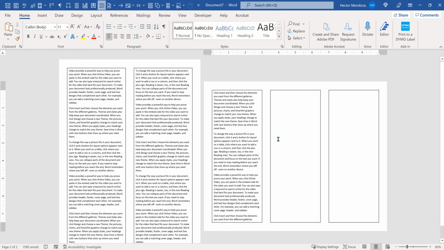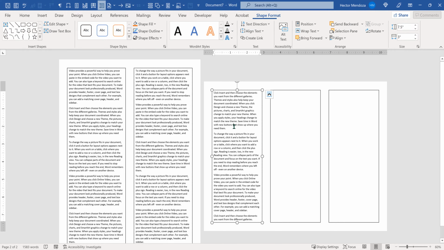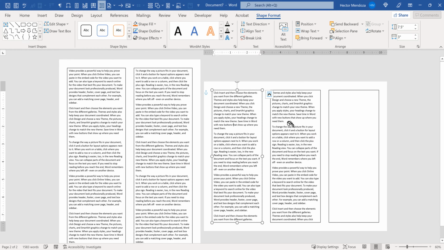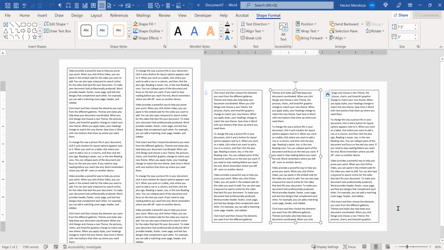Okay, now if I click here, it'll give me the option to create a link to this one. So I'm going to create link and click here. If I click here, it'll allow me to create another link to here. So I'm going to click here, create link, and I pushed it over to that. So I did put enough text in there. There's probably still a lot more in there. So I don't know how much it is, but